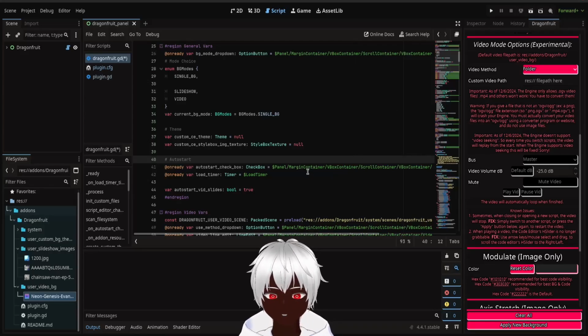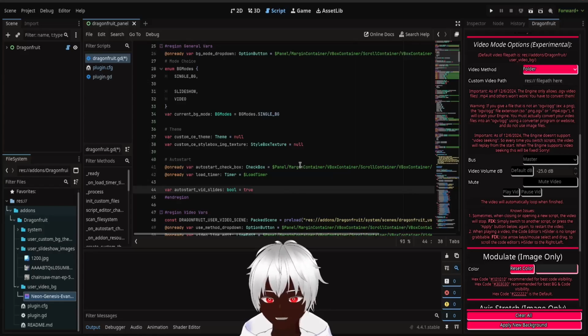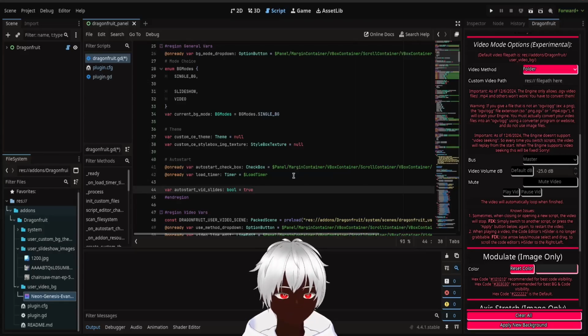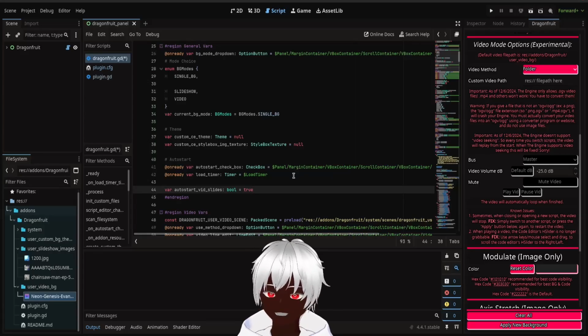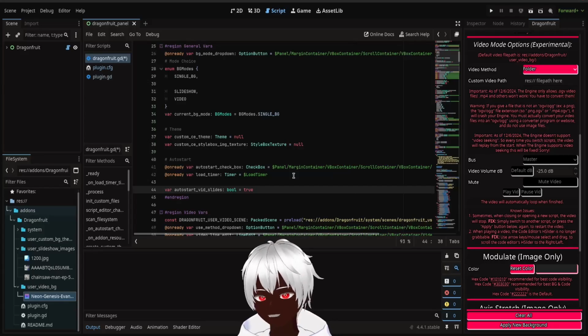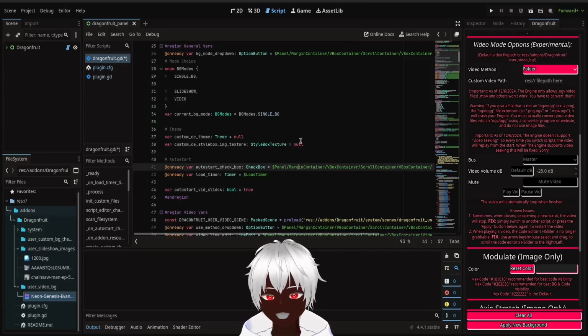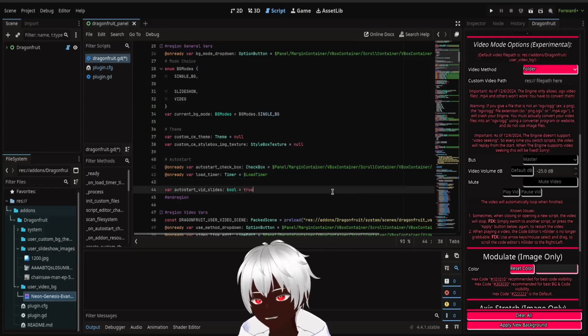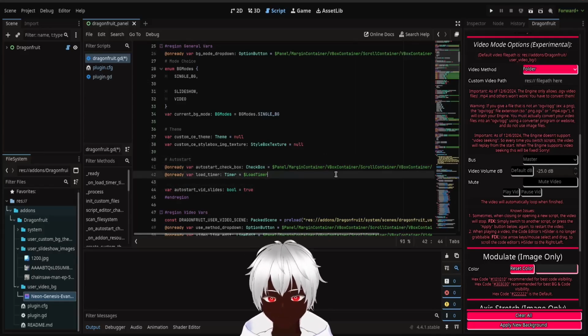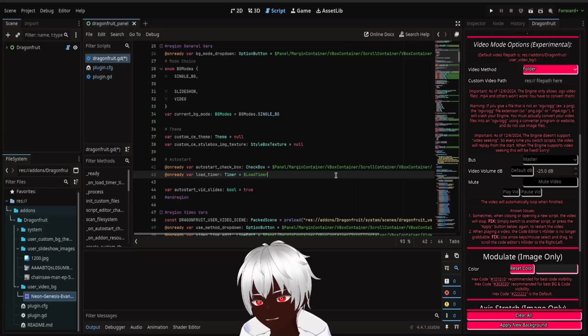So if you want to use a video, you have to go to an online converter, or use a converter on your computer, and convert your MP4 video to an OGV or OGG. And if you try to use an MP4 video, it will pretty much just crash your engine and close it. Not because I made the code crash your engine, but because Godot won't like it and it'll just crash